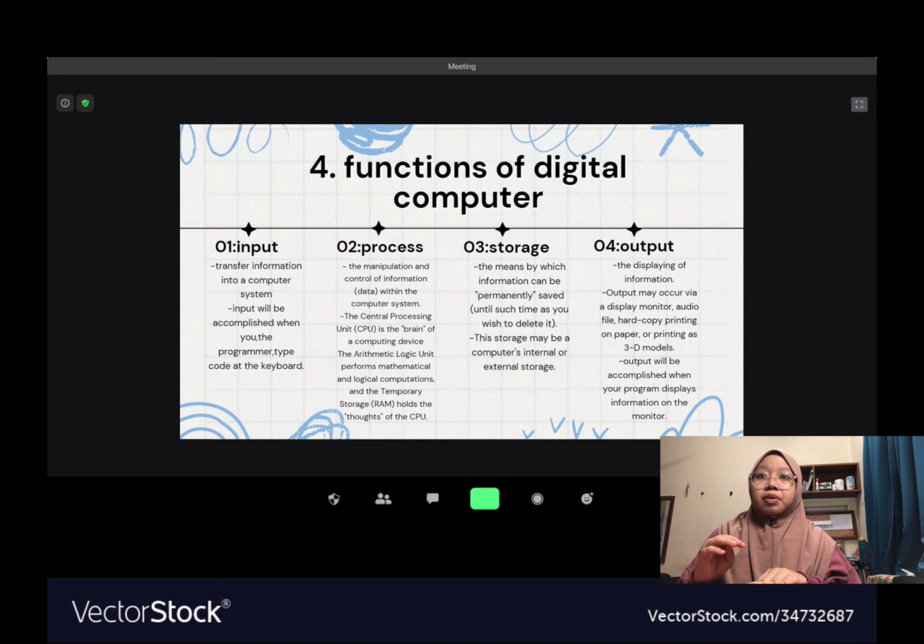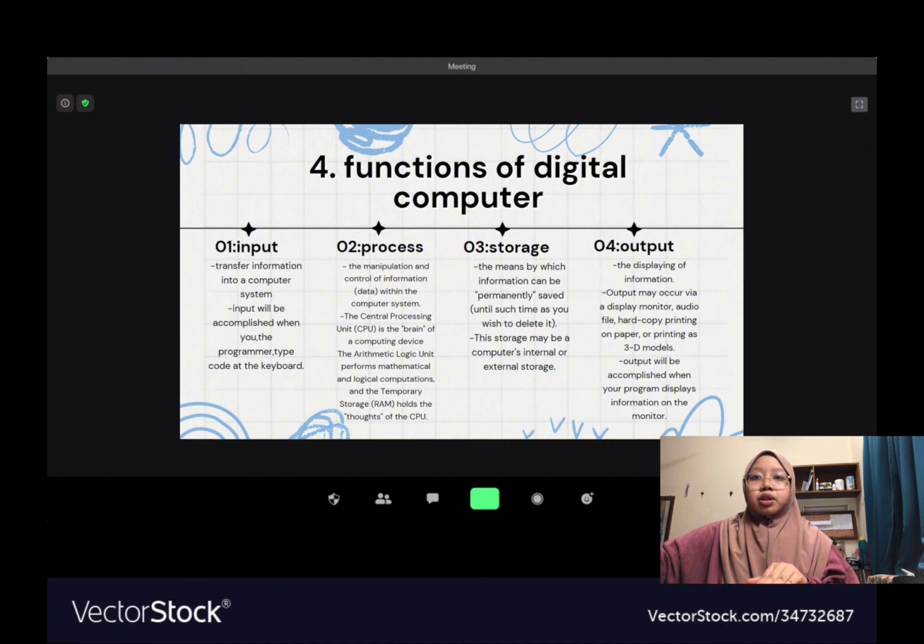So the data is permanently saved in our computer, and this storage may be a computer's internal or external storage. Last, output